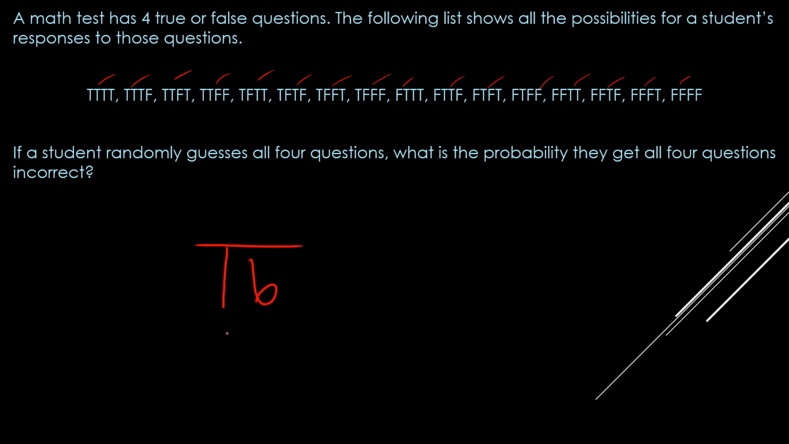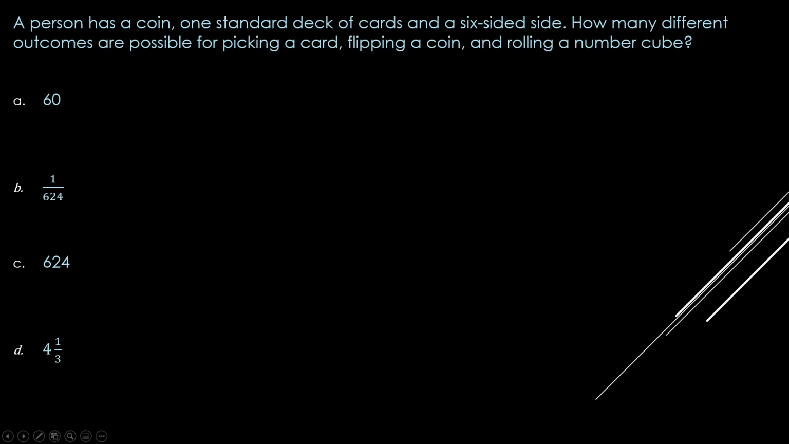16 is going to be my denominator, and to get all 4 of them incorrect, that would only be a 1 out of 16 chance, which would be probably something like this, where we have all 4 false. That's very unlikely. All right, next question says that a person has a coin and a standard deck of cards,